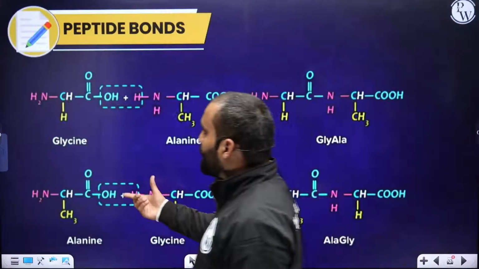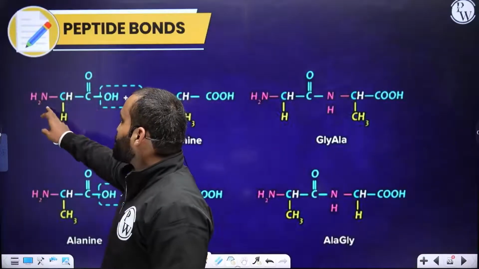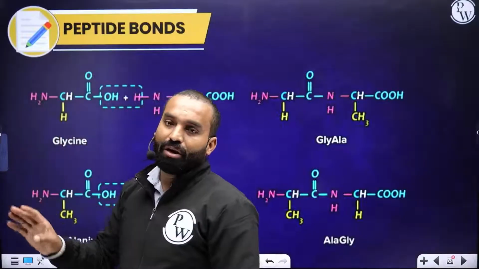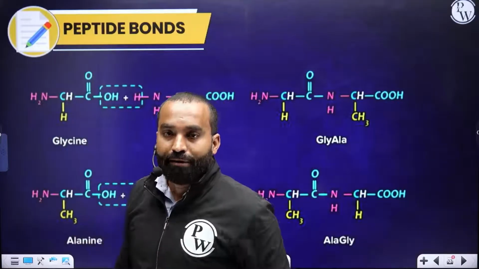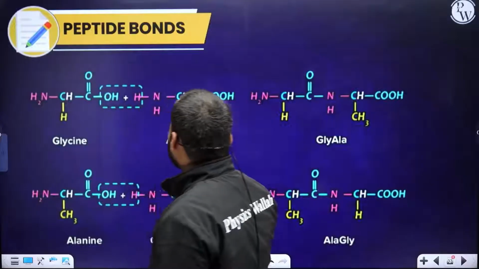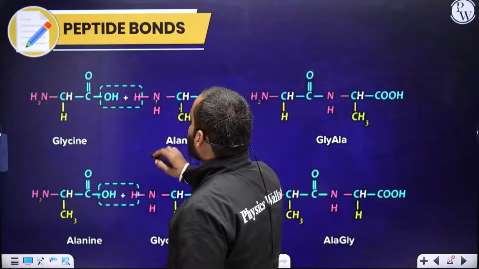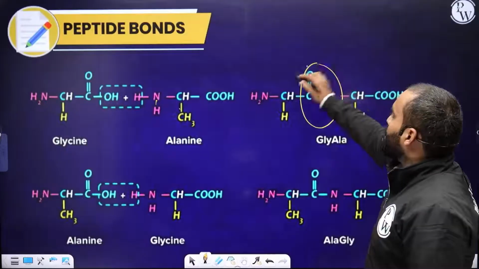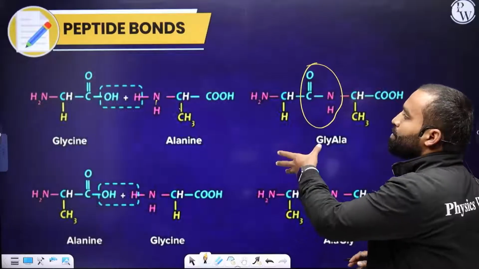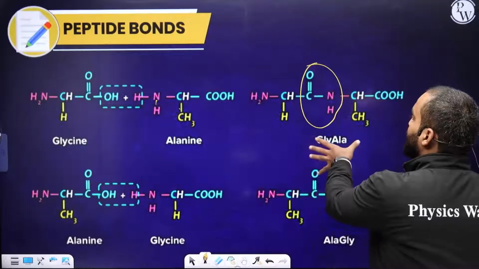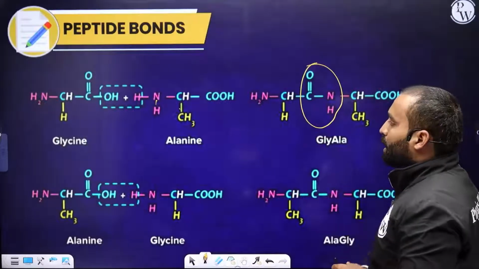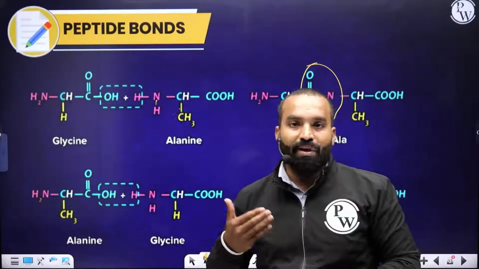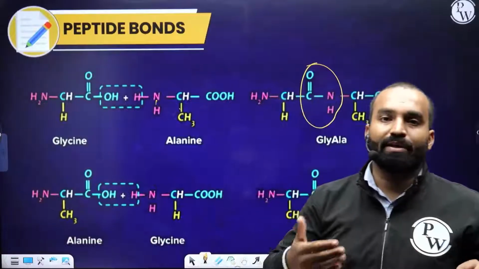Now this is what I said. Glycine has got NH2 and CH2. Glycine is the only amino acid which is not chiral. Now I will be taking out this molecule, this H2O. When it comes out, this becomes my amide linkage, which is given the name peptide linkage. So what is this peptide, guys? Dipeptide. And how do we actually represent the sequence of amino acids in the protein?